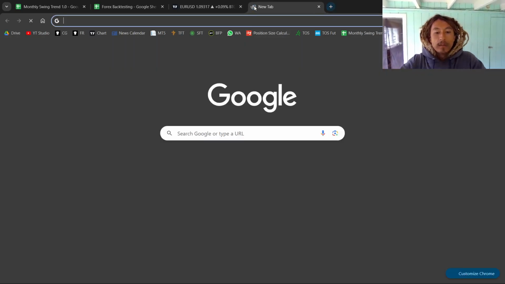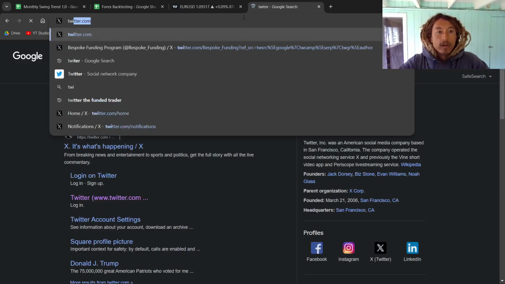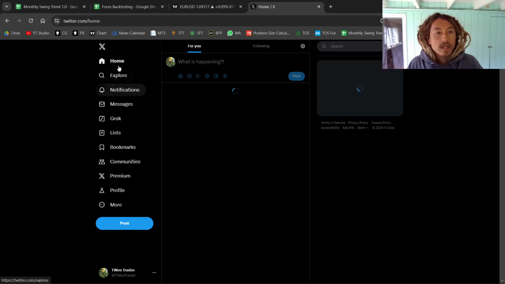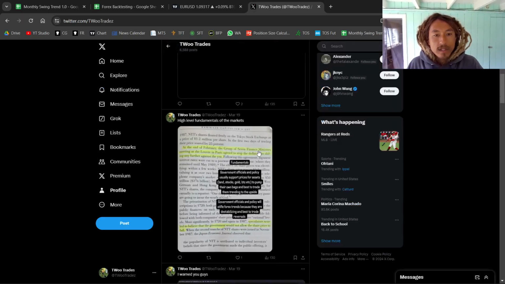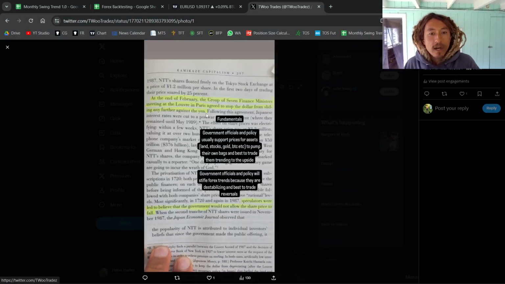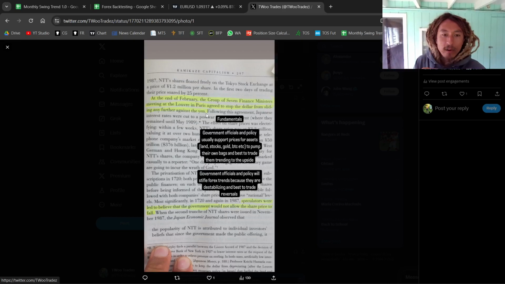So let me give you an example of that from, let's go to my Twitter, from a book, an excellent book on historical bubbles. This is all you need to know on the same page. So here they're talking about historically in 1987, the dollar was too weak against the yen. The yen was too strong. So 7 finance ministers, including the US finance minister and the Japanese finance minister, came together and coordinated a reversal. They coordinated a reversal. So government officials will coordinate reversals in the foreign exchange market and coordinate increasing the price in the stock market and